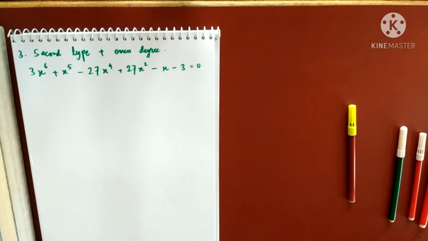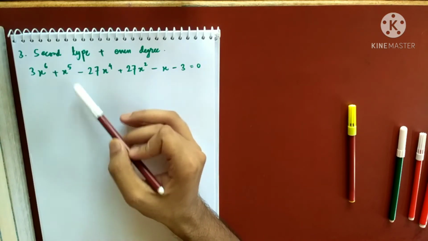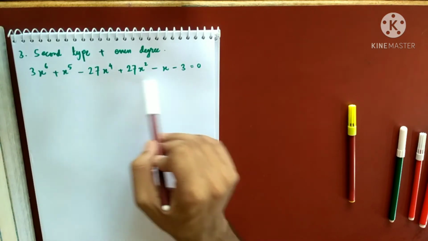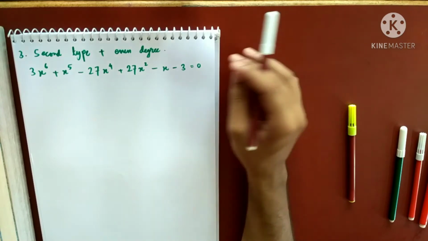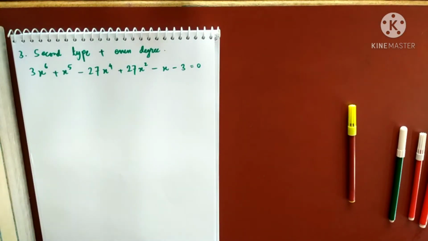Or you can also check using the necessary and sufficient condition given to you. You determine the quantity x to the power 6 f of 1 by x. If it comes exactly equal to this, then we are done. So I am not going into the details. Now the idea is how to reduce this into first type. Let's see what to do.